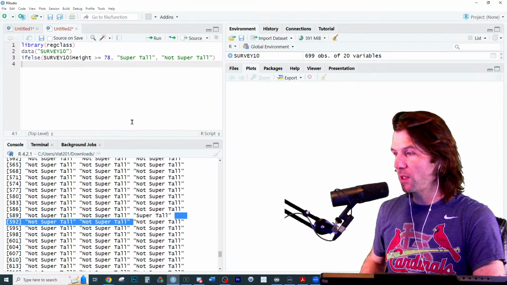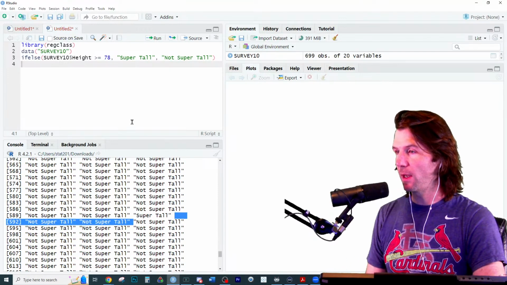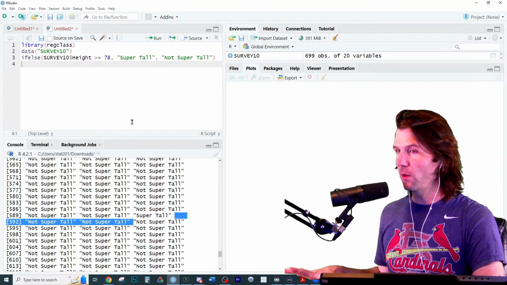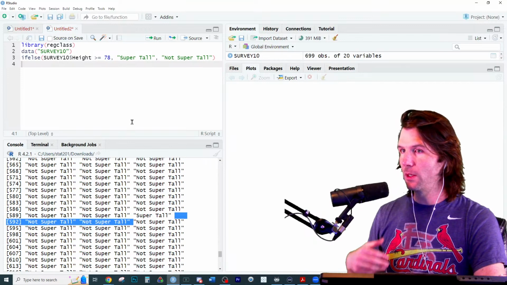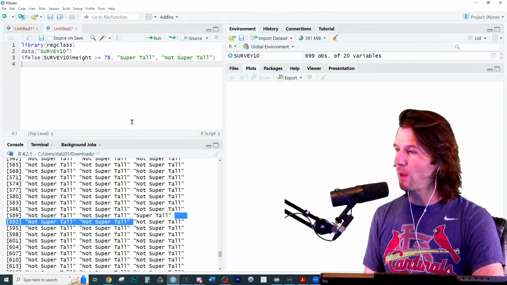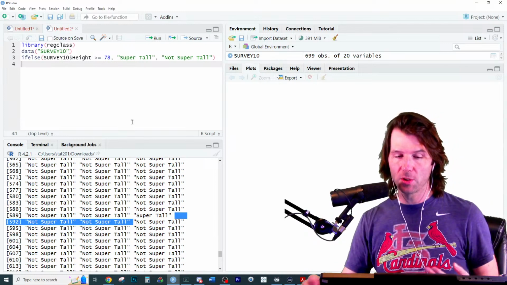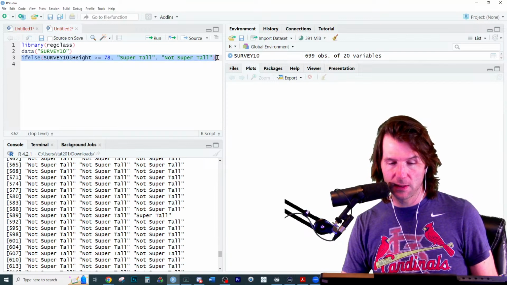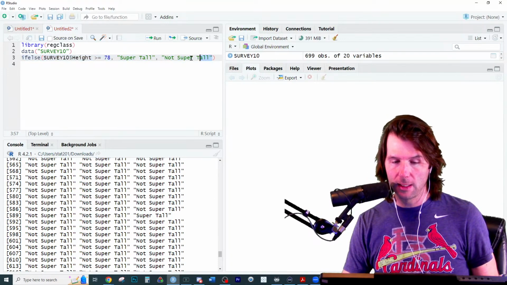Run your code each time. Every time you create something, run the code. Don't write out a whole bunch of lines of code and expect it to work. If you notice, I write something, I run it. I write something, I run it. And you have to do that when writing code, or else you're going to run into problems where it just doesn't work. Because now I'm going to take this same code I have right here and nest it inside of